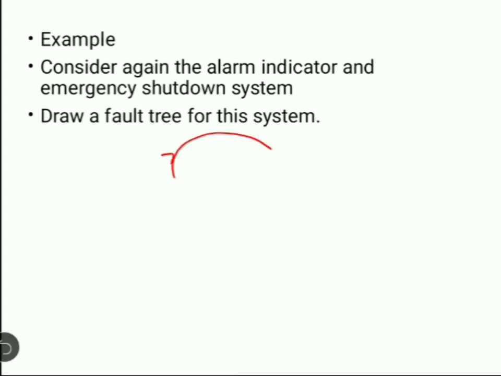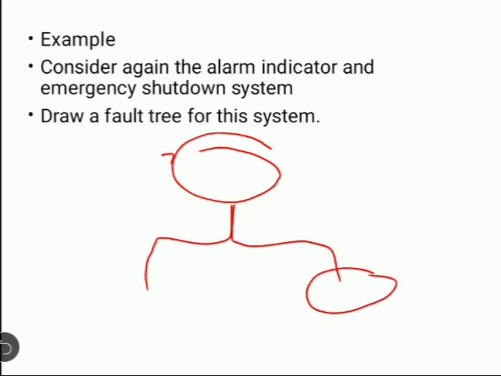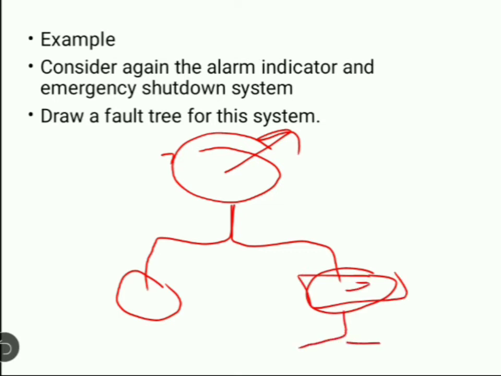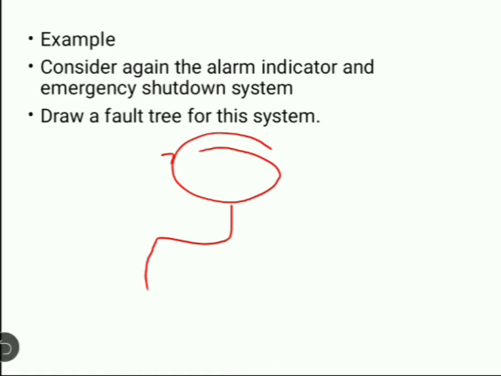First we have to draw the top event at the top of the page. Then below that we have to write the different reasons, the different events that may cause the top event. Again we have to consider the intermediate event, and what different events may cause it. Again we draw below that, and this is how we consider the fault tree for a number of processes. We also have to consider all the logic functions for each and every interaction. That is how fault trees can be drawn.